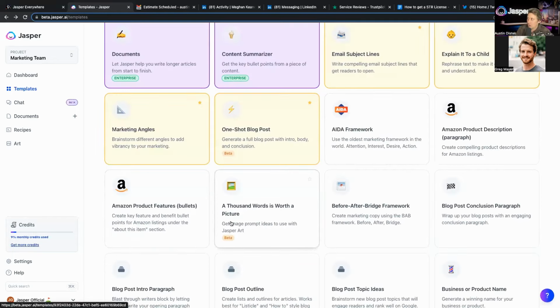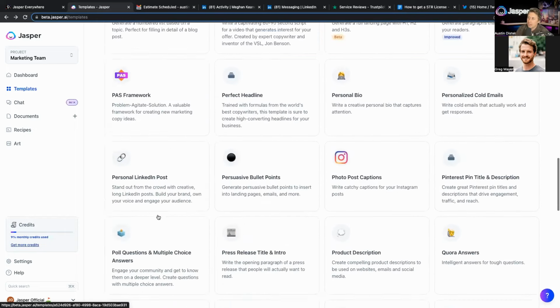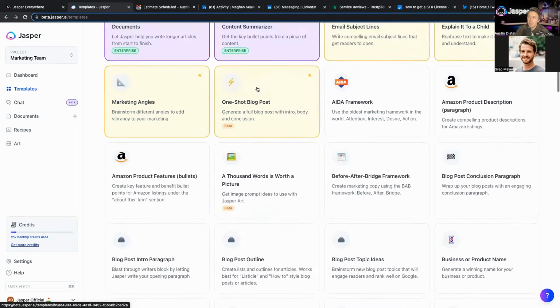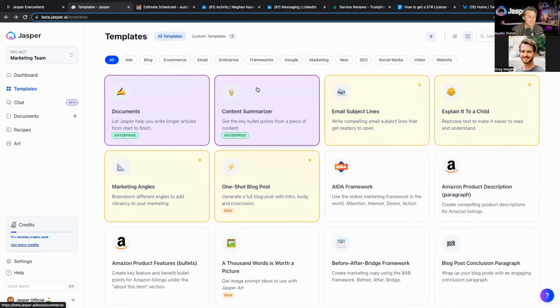All of these here are to help you do a very specific action. So other tools are very generic and wide in their practicality. Here, at Jasper, we've gone very specific on all of these use cases. So even going as far as like Amazon product feature bullets. And so you'll go through here and you'll find all of these, but we all recognize how time intensive and just not efficient it is to have this tab open to copy and paste your answers and all of that.